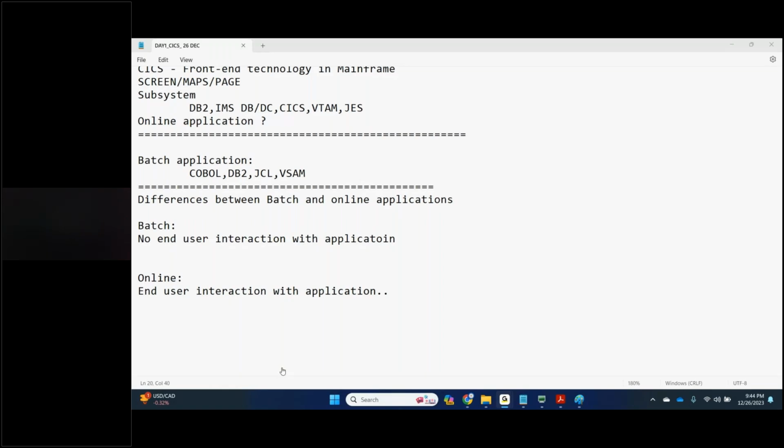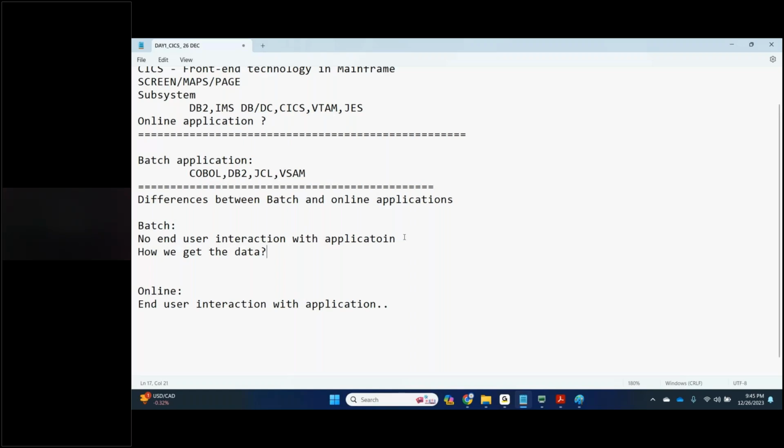Okay, let's start. One is no end user interaction with the application. So when there is no interaction with the application, how do we get the data? We will get the data from files or a database. The example is a bank application.